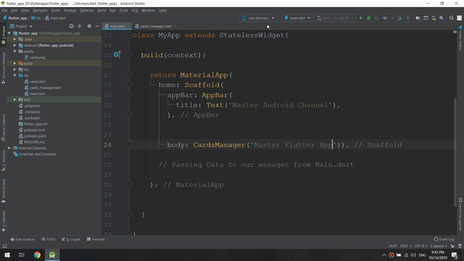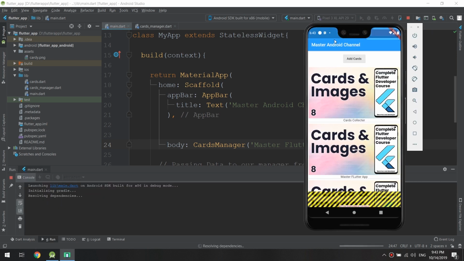So what I have made, I'm passing from the main activity a text called Master Flutter App, and I will show how I've passed this text to the stateful widget by creating the constructor and passing the constructor arguments to the list and displaying the